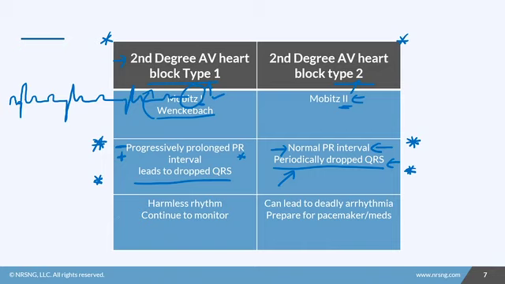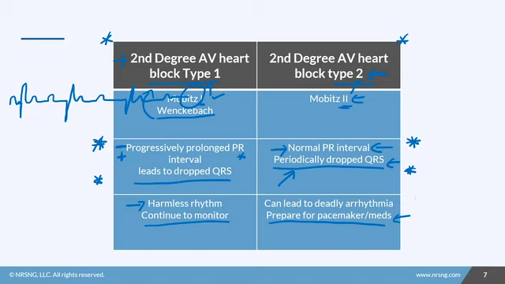Now, second degree AV heart block type 1, for the most part, is pretty harmless. And unless they are symptomatic, you can just continue to monitor them. Because second degree AV heart block type 2 can lead to third degree, a deadly arrhythmia, you have got to do something about it to prevent complications if they do go into third degree heart block. So prepare them for a pacemaker, either temporary or permanent, and have medications ready in case they are very, very bradycardic. I hope this slide helps so that you can compare the two,